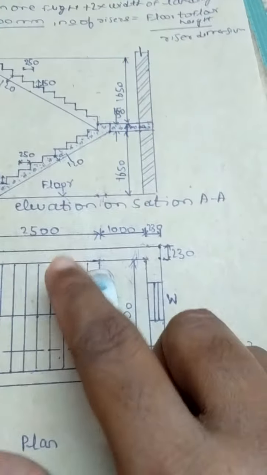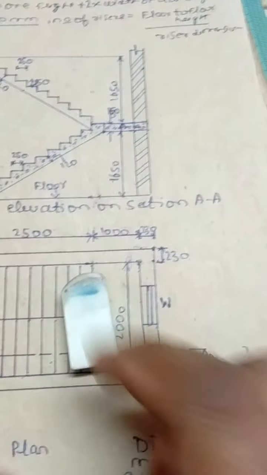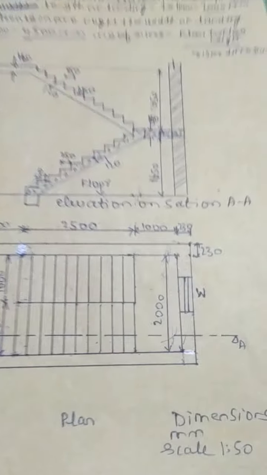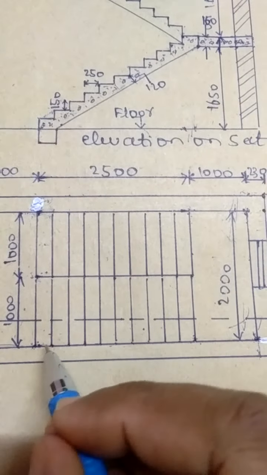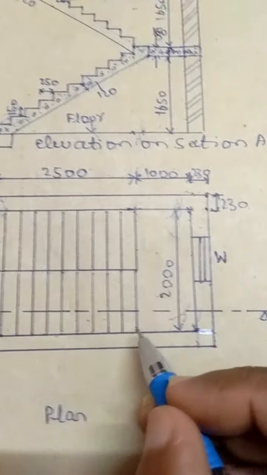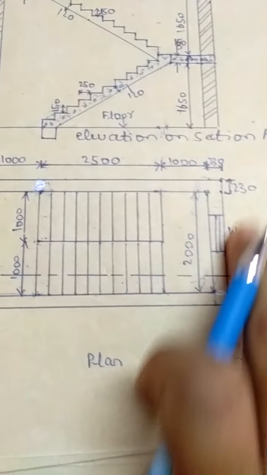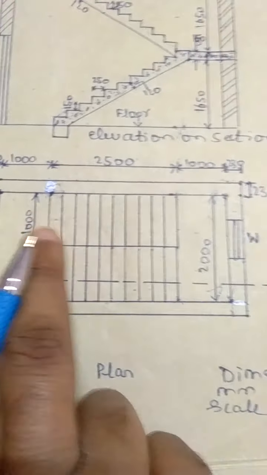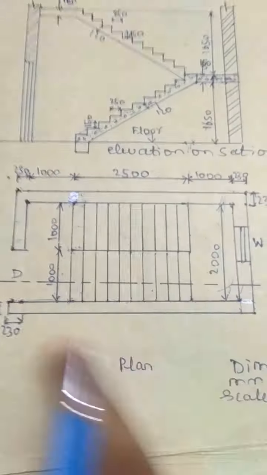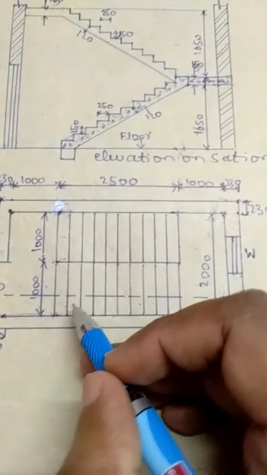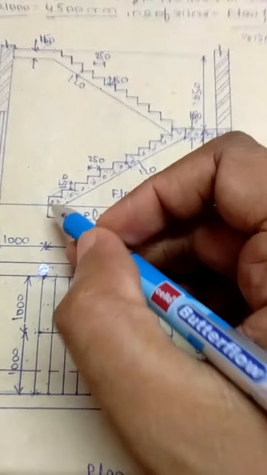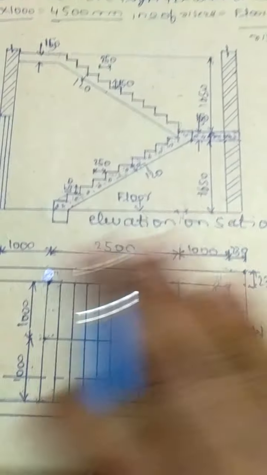In the plan we are only able to see the top view, only the top rectangle. So this width is visible, that is the tread. This is 250 mm, each step consists of 250 mm. This is the wall, completely taken by the wall. Inside the wall you can see there is the staircase. These are the external walls which surround the staircase. In the next video we will see how to calculate the number of steps, how to calculate the number of risers, and how to draw this in detail.